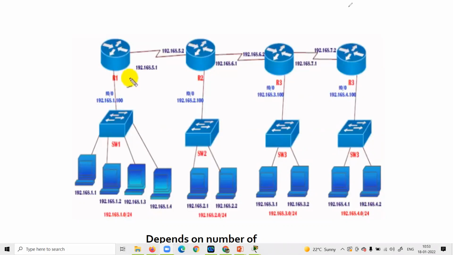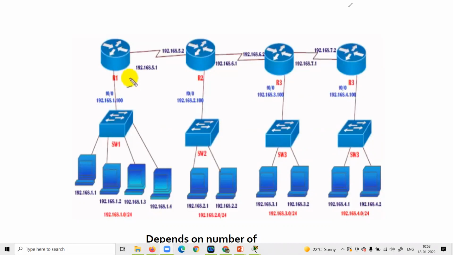Right? See, this IP address is for this one, right? For this connection. See, for switch, we don't put any IP address. I think we already discussed switch is working with MAC address, right? And MAC, it will automatically receive by doing the broadcast, right? So see, we are not providing any IP address to the switch port. This is the port of switch. This is also the port of switch. We can give IP address, but right now it is not necessary.